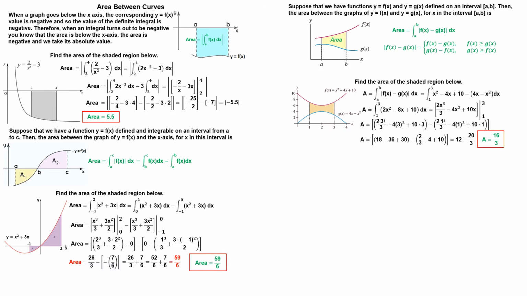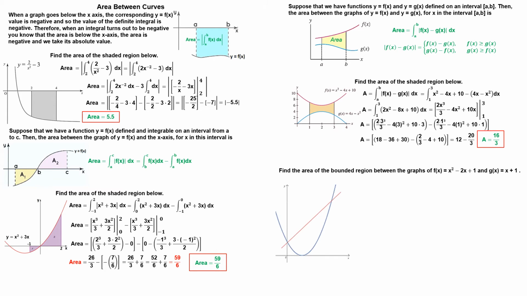This example we just solved is very simple. Now let's solve more challenging examples. Find the area of the bounded region between the graphs. The region whose area is in question is limited by the curves f and g. Firstly, we need to find the points of intersection of the curves by solving their equations simultaneously. The points of the intersection of these two curves are given by